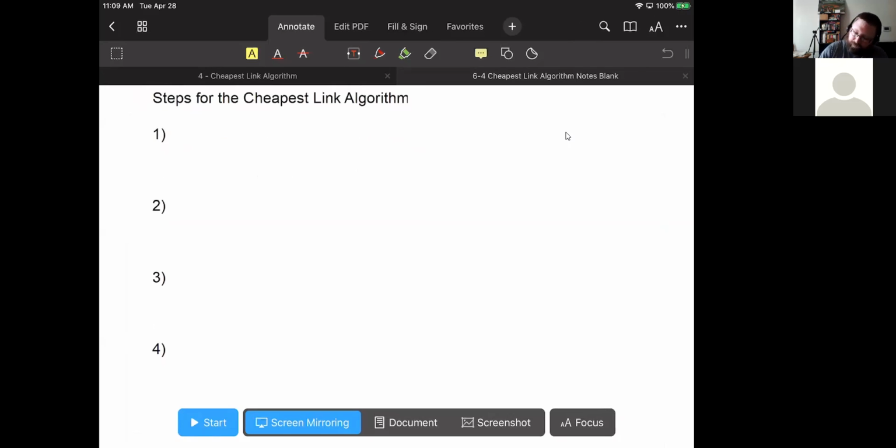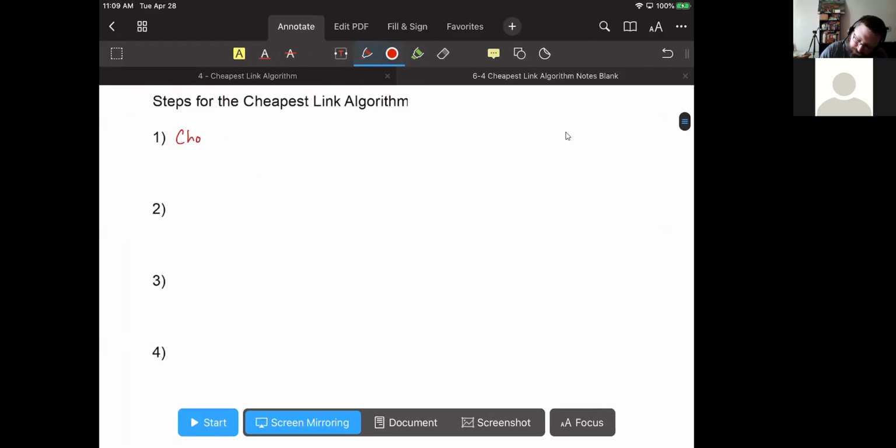The first step is we look at the graph and we choose the cheapest edge in the entire graph. It does not matter what two vertices that edge is connecting. We're simply going to pick the cheapest edge, period. Okay, we're going to look at the graph, we're going to find the lowest number, we're going to highlight that edge because that edge is going to be part of our Hamilton circuit. Okay, ignore the starting point, don't worry about the starting point, you're looking at the whole graph, picking the cheapest